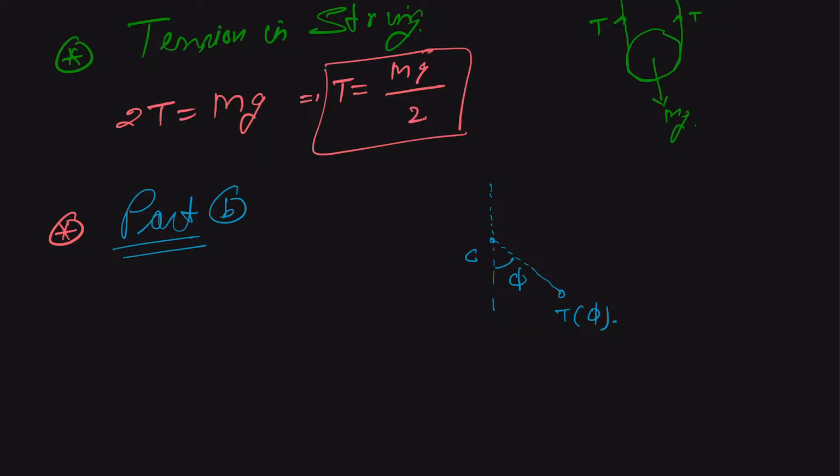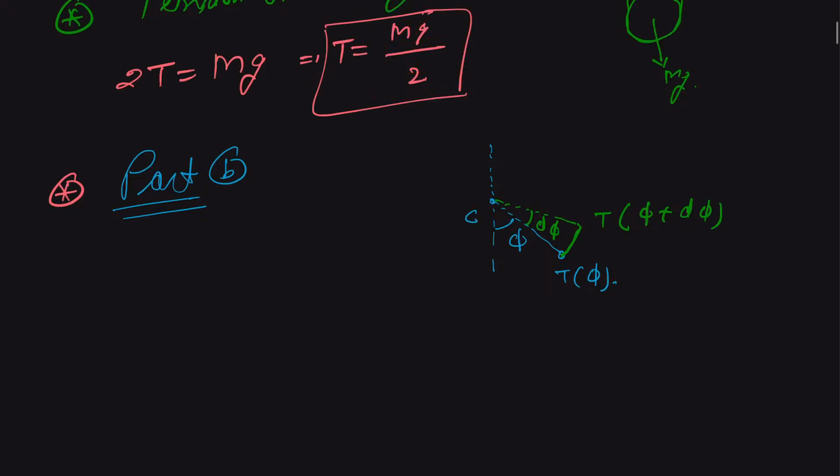Suppose we consider an arc making a small angle d phi, and at this point the tension is T of phi plus d phi. Let us call this point A, and this is point B. Therefore we can say that for element AB,